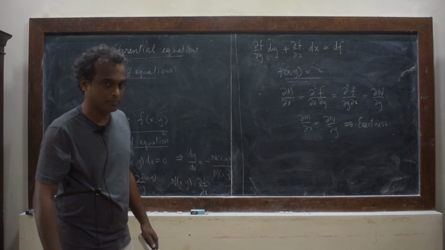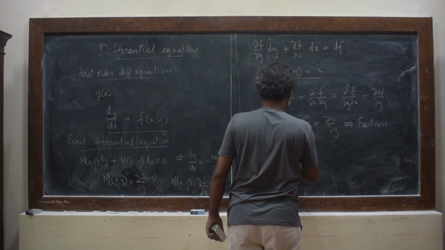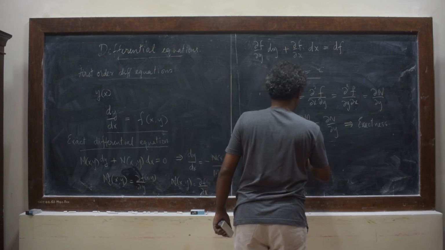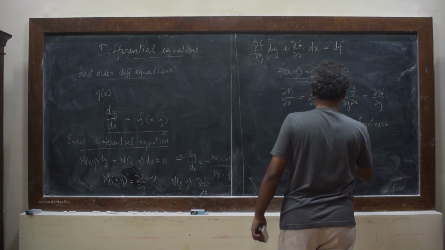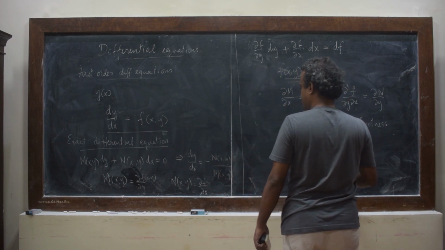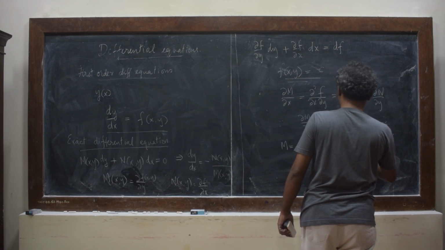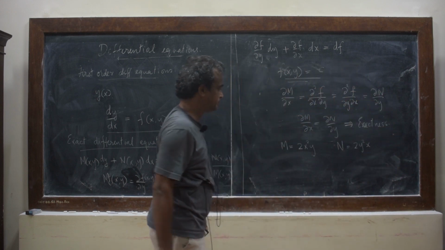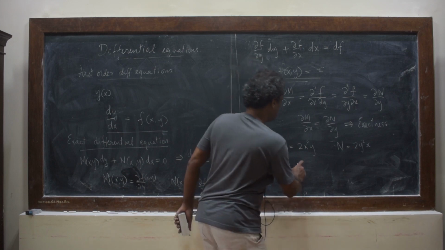To take a quick example, we can see that choosing m to be 2x square y and n to be 2y square x, it is easy for us to check that